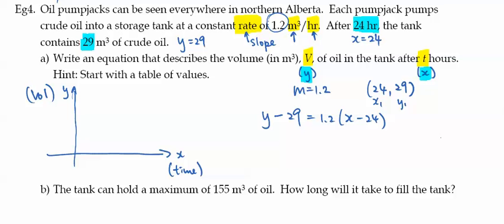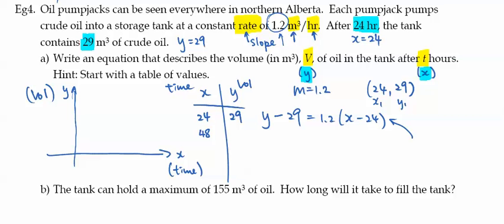And you can probably create a table of values to see how the numbers go. If you have no idea how to create an equation like this, if you don't understand how the constant rate is actually the slope, you can create a table with x and y. X being the time and y being the volume. In 24 hours, your tank will come up with 29 cubic meter of crude oil. 1 day later, so after 2 days, you will be getting another 29 cubic meter of crude oil. And of course, as you continue,